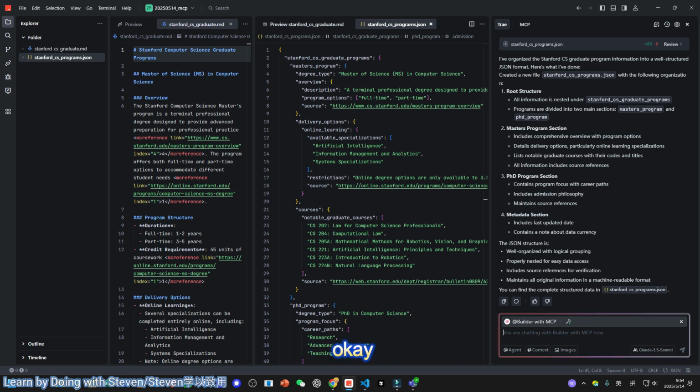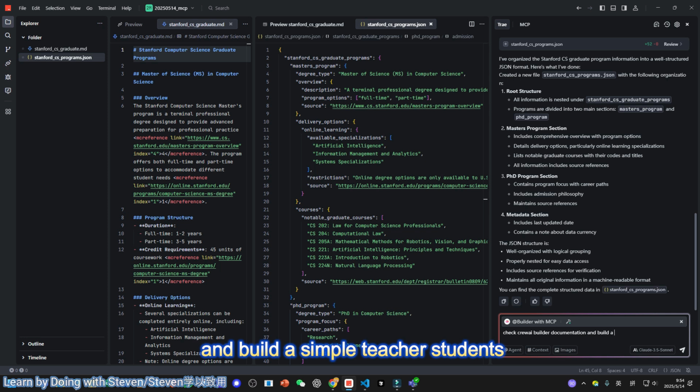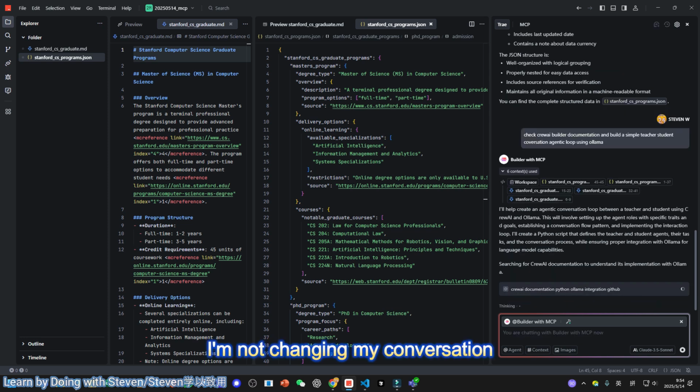I'm going to say, okay, check CrewAI builder documentation and build a simple teacher-student conversation agentic loop using Ollama. I'm not changing my